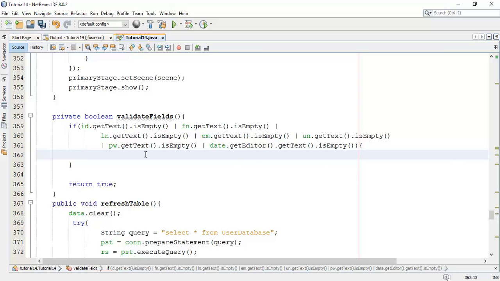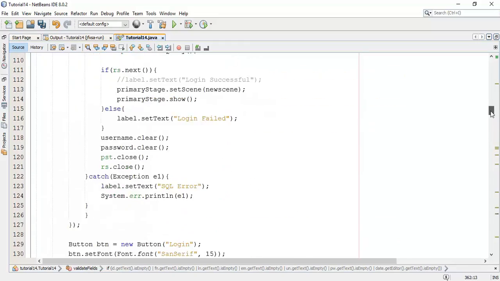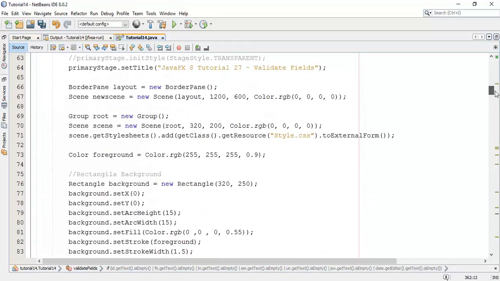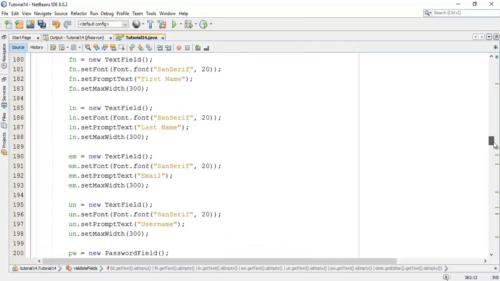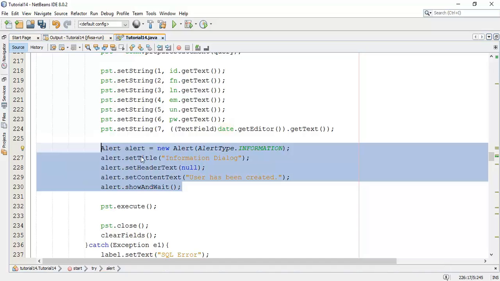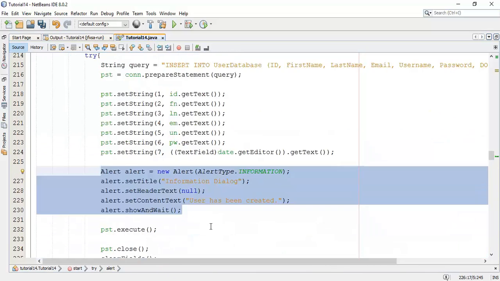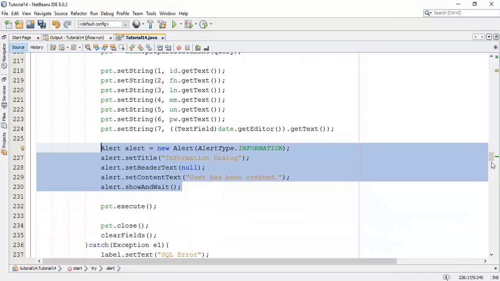To do that alert, I'm going to copy an alert message. This is the alert which we have created in the save button.